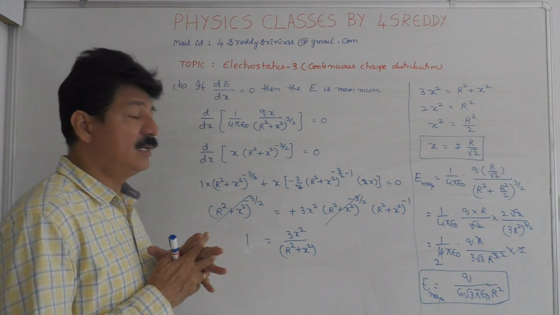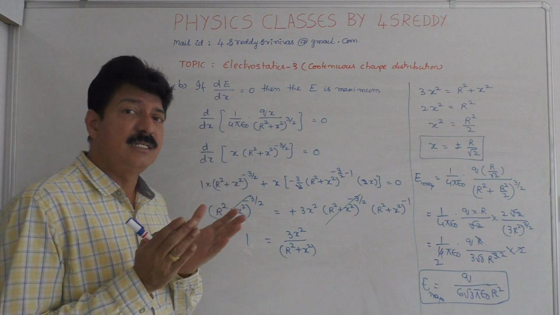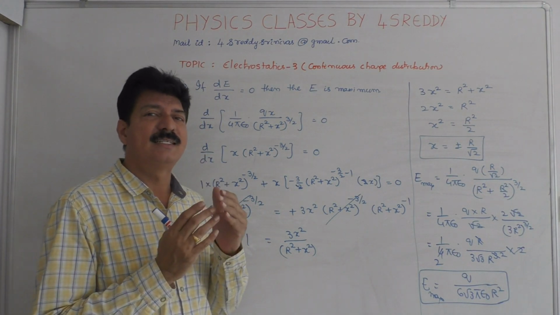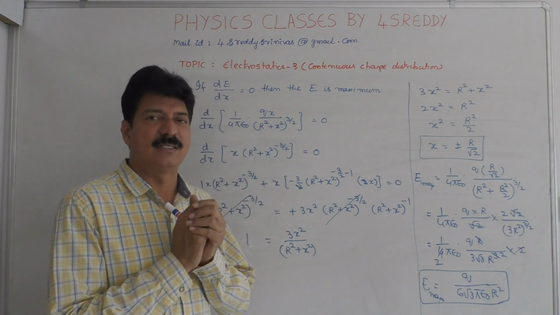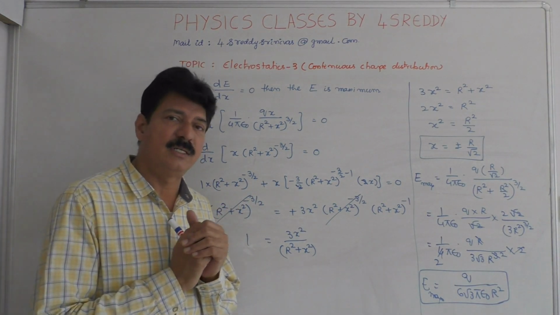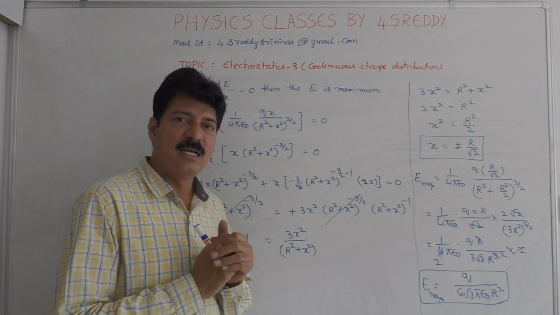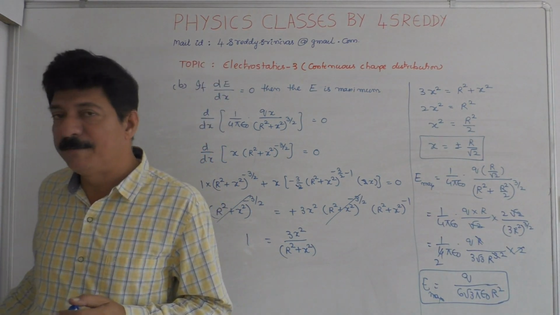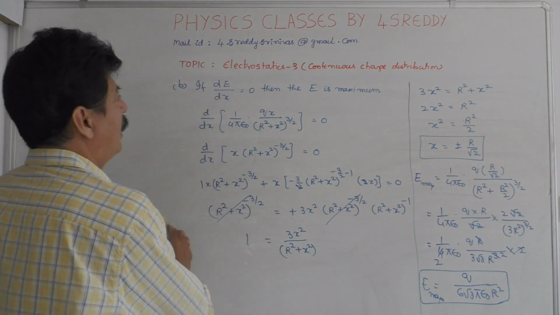Here this is a model where the charge is distributed along its length or circumference, so that while calculating the electric field intensity, we used the linear charge density. Suppose if you are going to calculate field,